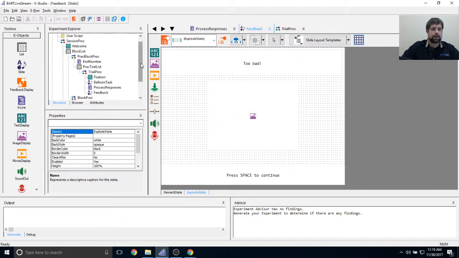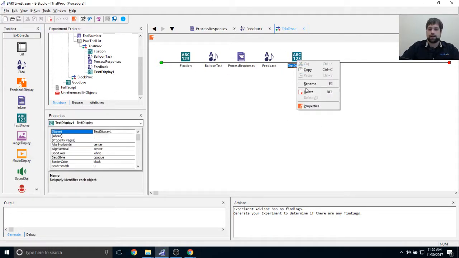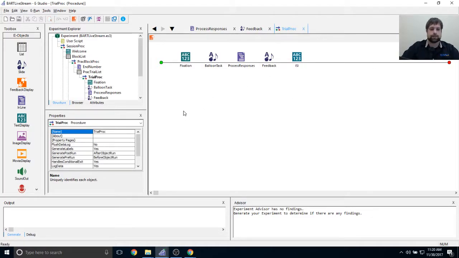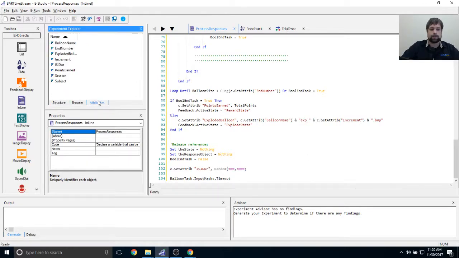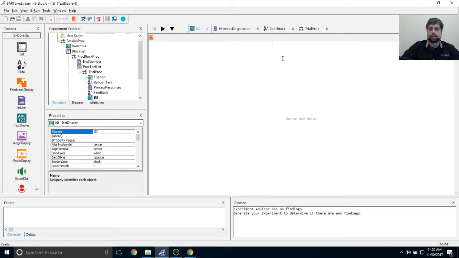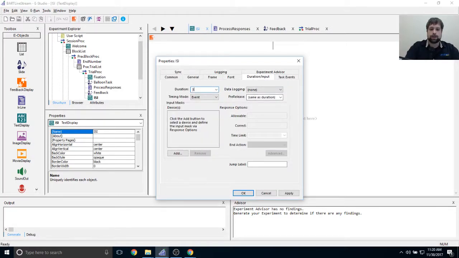It totally is. So then I need one more part of this, and to do that, it's just going to add a text display object to my feedback. Add a text display object just after my feedback, and I'm going to rename this one to ISI. So that interstimulus interval. If you remember, part of my process responses, one of the last things I did was set an attribute called ISI duration, or ISI dur. So I'm going to go ahead and double click on that ISI object, and I'm just going to set the duration of this to ISI dur,